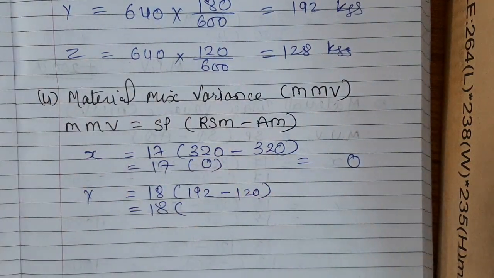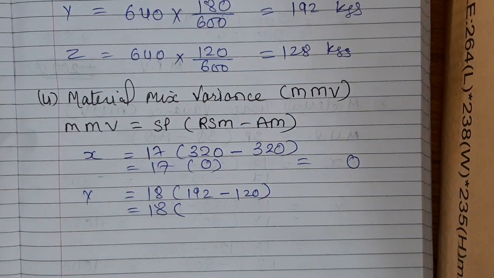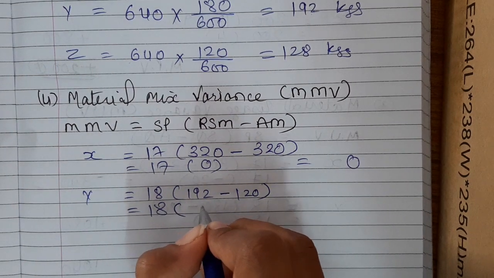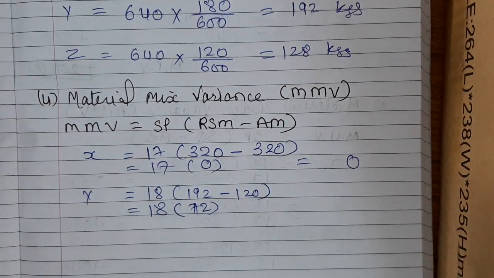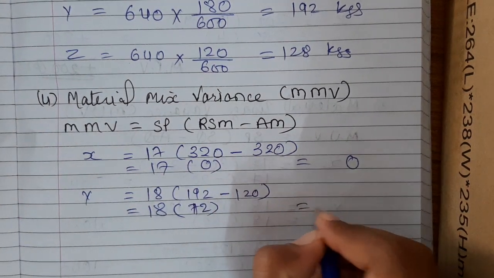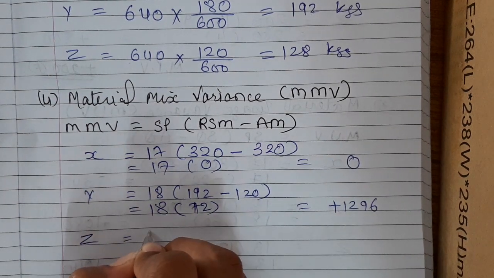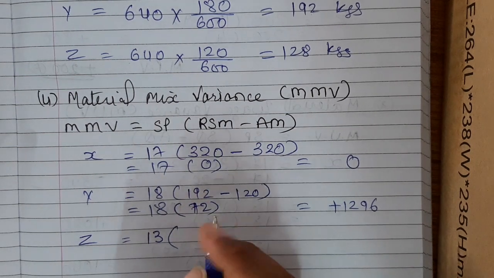So 18 into bracket 72, so that would be positive 1296. And for Z, the standard price is 13,